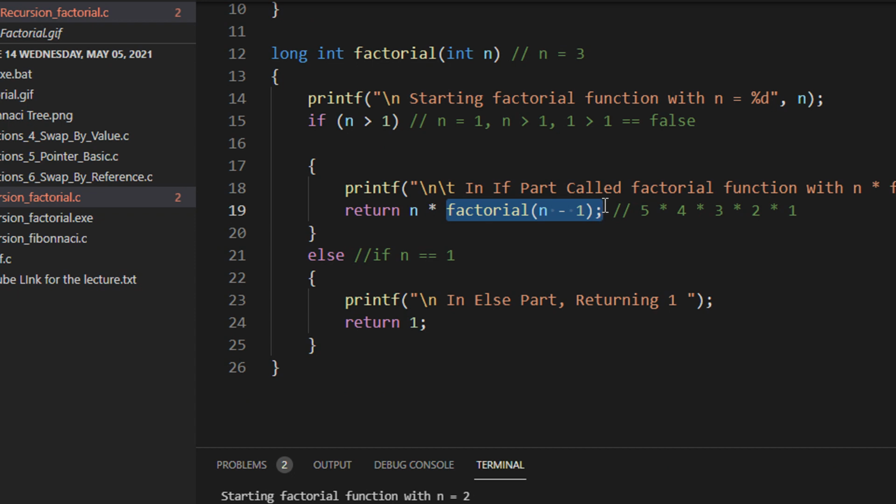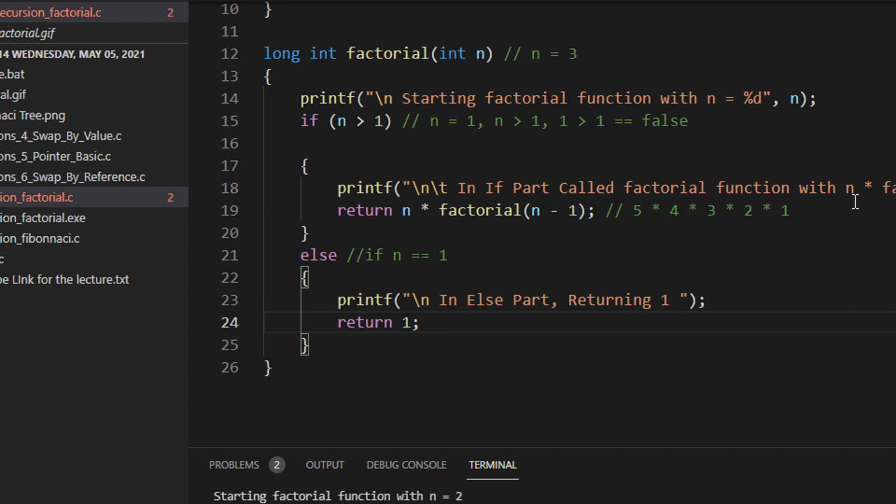And what is that point? We need to specify a clause that can exit the loop. In this case, we said that whenever the number becomes 1, we return 1. Okay, any doubts till this point?